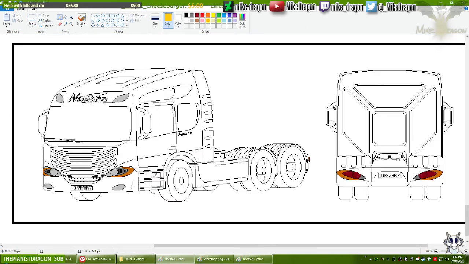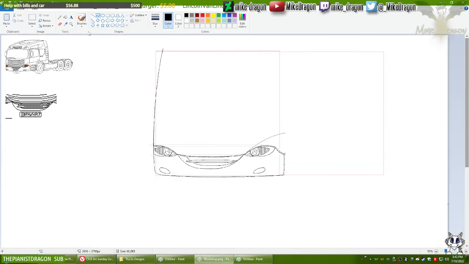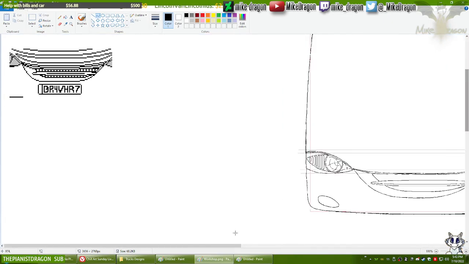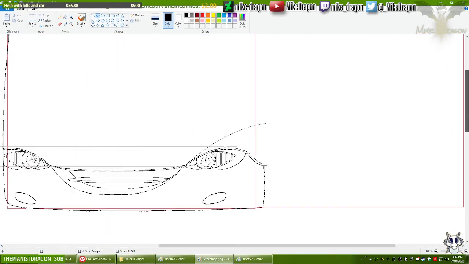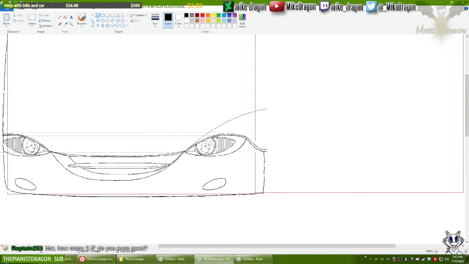Well, perhaps I should actually draw the ladder first. See how long this should be. Right about this long, I guess. Yeah.